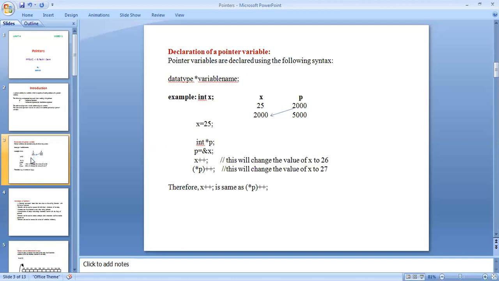A pointer is a derived data type. It is based on the primitive data types. When you are using the derived data type, first we have to declare primitive data types like int, float, char. In this example, I am taking int, an integer, which is a primitive data type.